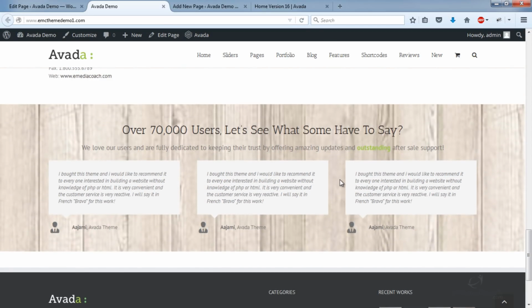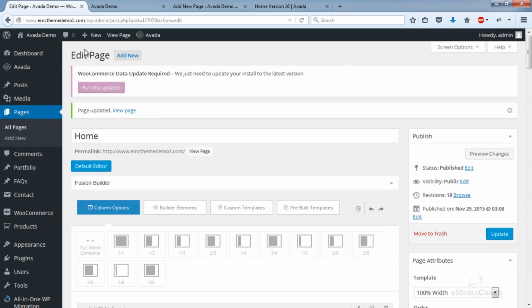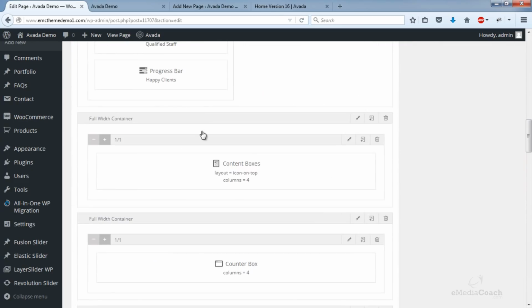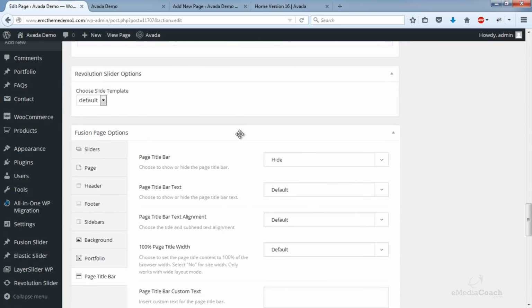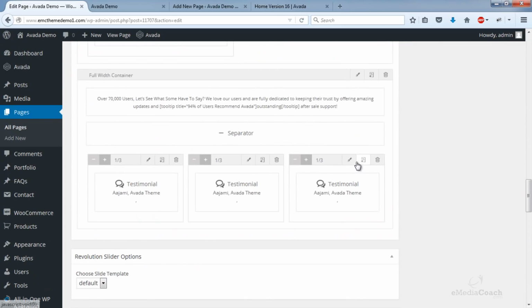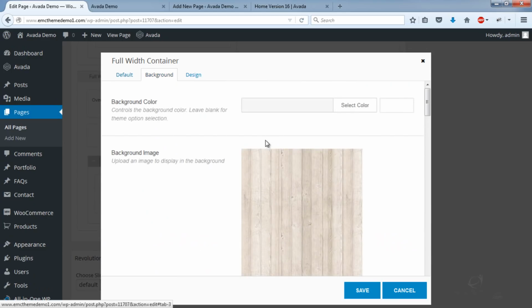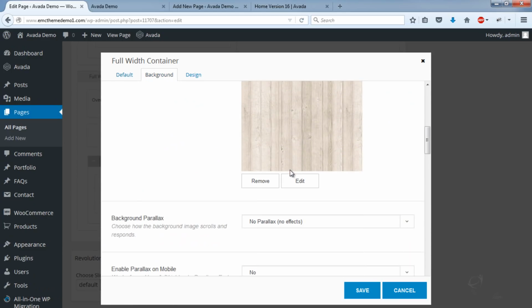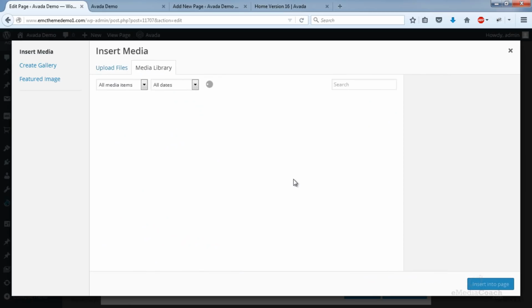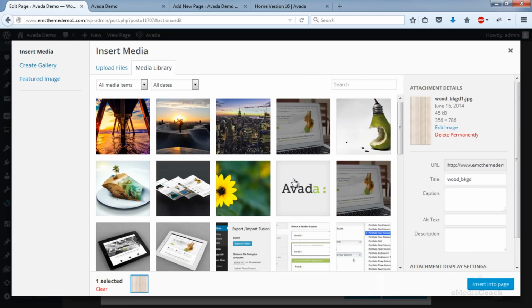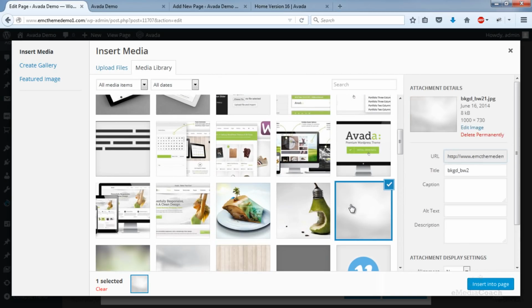So as you can see, that image probably isn't right for this area. So it's just a matter of going in and editing that image, adding your own or choosing a different image. So it's completely your choice. Let's try this.